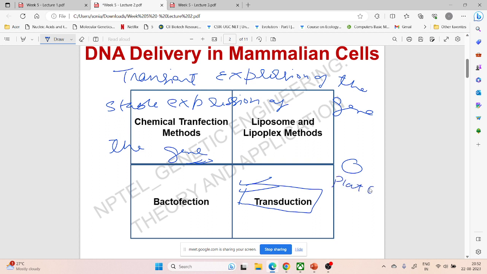Like E. coli cells or other 293T cells are there. So basically what I do is that first I produce